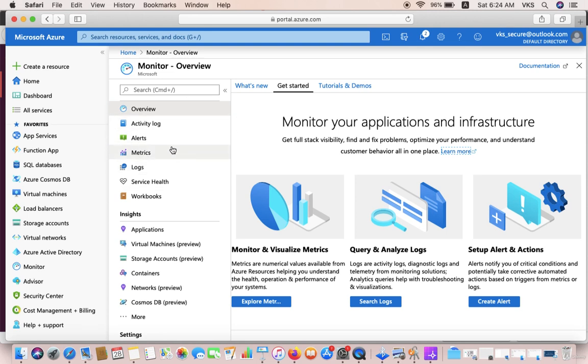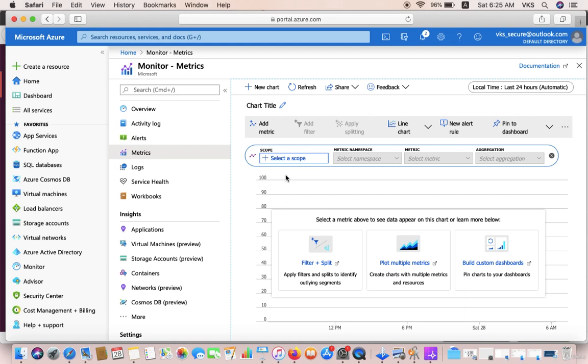We have already discussed that Monitor is an overall service with the help of which we'll be able to get data from all the services, and at this place we can monitor our application and infrastructure. So if I go to metrics over here, the only difference while configuring metrics in Azure Monitor is that you need to set a scope, for which services you need to set a metric. Similarly, if you go to that particular individual service, in that case, you'll get that information